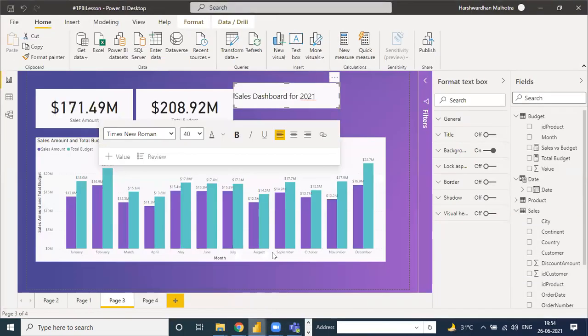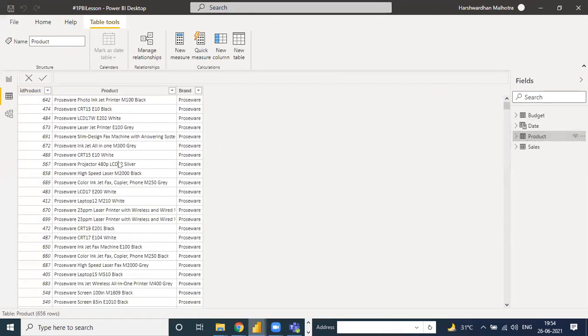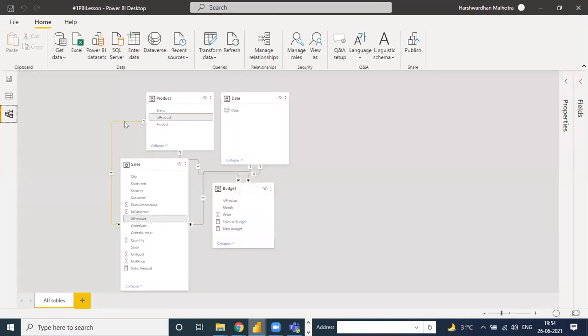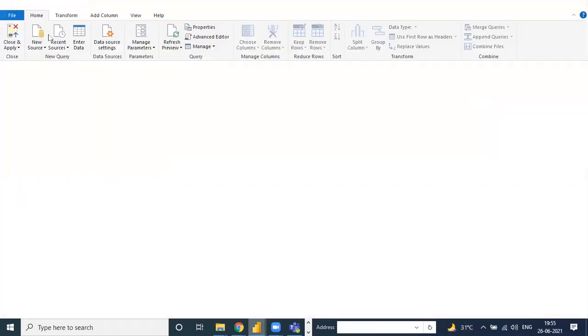Like in the table, these are the product tables. Suppose we don't have this product table, how can we add this table into Power BI and make a connection? These connections are one to many, meaning a unit product. What kind of table or what kind of query do we use in Power BI? Like this is Transform Data, and what are the uses of these kinds of tabs?